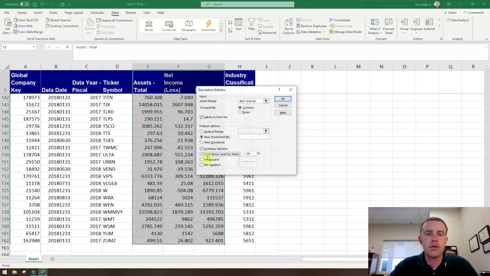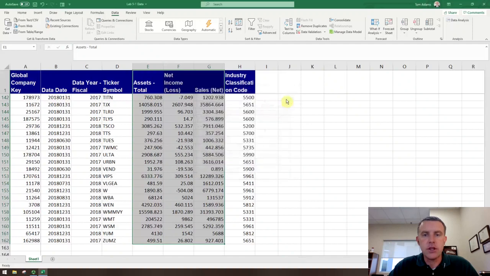Let's do a confidence level for the mean. We'll set our alpha value. This is related to the p-value, and we talked about this in class. The p-value is what we use to assess whether or not something is statistically significant. So if we say 95, this is going to set our criteria for saying whether or not a p-value is small enough. It's going to set that at 5%. That's all that's doing there, and that's all we want. So we're going to put this into a new sheet. We'll click OK,